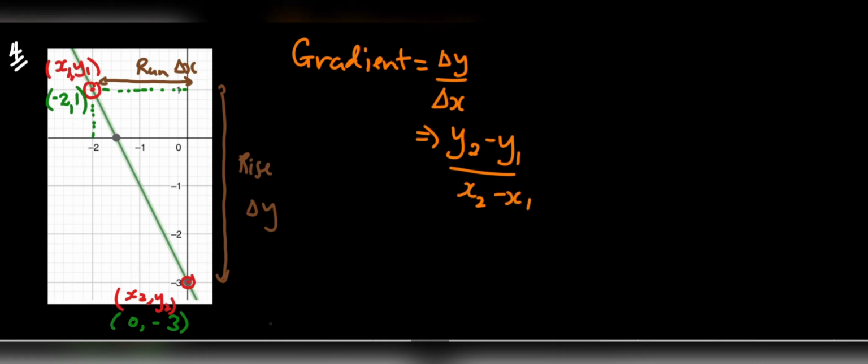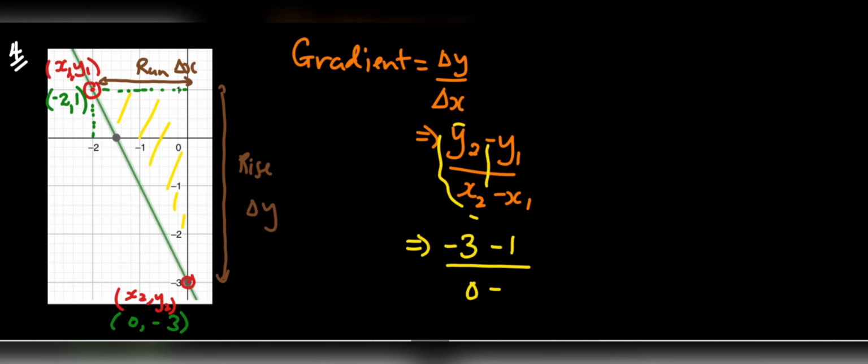To be quite fair, some people like to shade the triangle that they're forming. You don't have to. You can still see it's a triangle that we use, and of course, it's a right angle triangle. So y2, straight from our graph, is going to be minus 3. And again, it's based on what you call y2. But keep in mind that your y values, your same coordinate, should line up. Look at our x, this is a coordinate over another coordinate. All right, so y, this is minus 3, minus 1 over x2, which is 0,